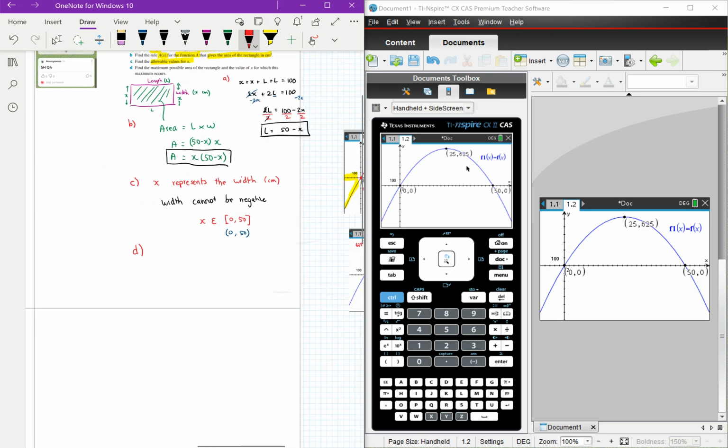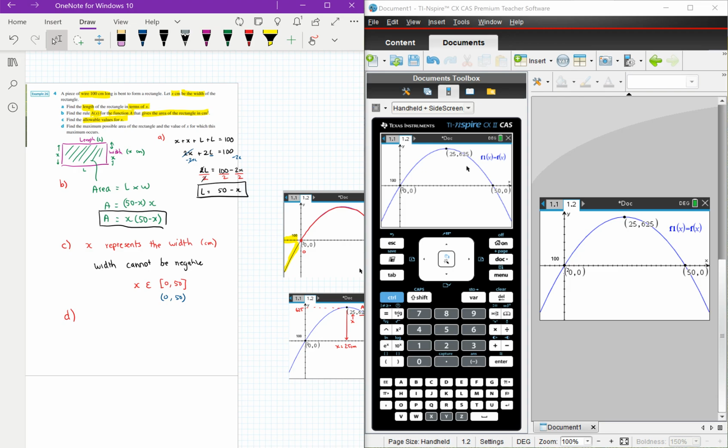Okay, so to answer the question there, find the maximum possible area of the rectangle. Well, I know the maximum area must then equal 625 cubic centimeters. Whilst, what's the other one? It says then find the value of x for which this maximum occurs. Well, x is the width, and x at maximum, when the area is maximum, I shouldn't write x max, it should just be x. If I just write x,